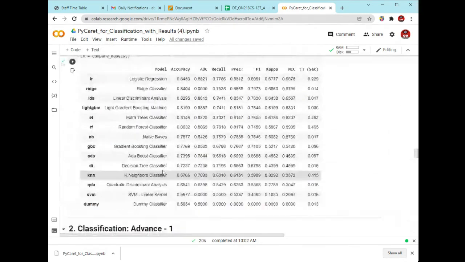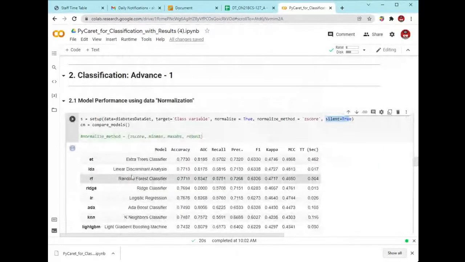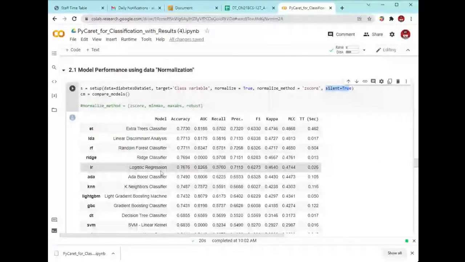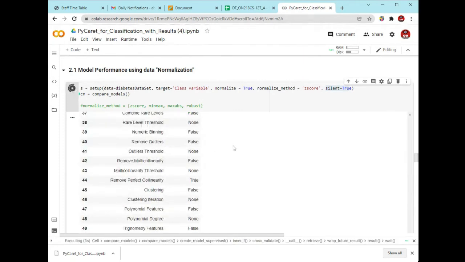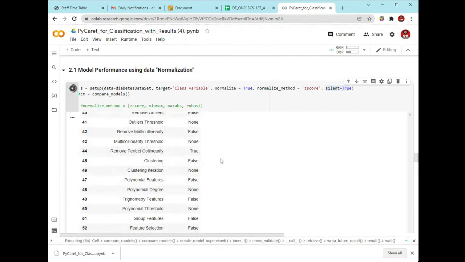Okay, so you can see right here in logistic regression your output is 84. Right here in logistic you will find your output is decreasing. So while applying some normalization method, it is not necessary that your accuracy will increase. Your accuracy may also decrease in these cases. So you have to apply these parameters carefully to get better results.